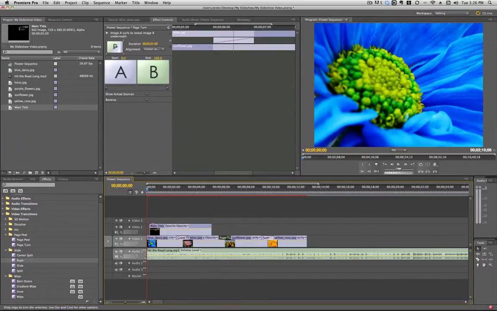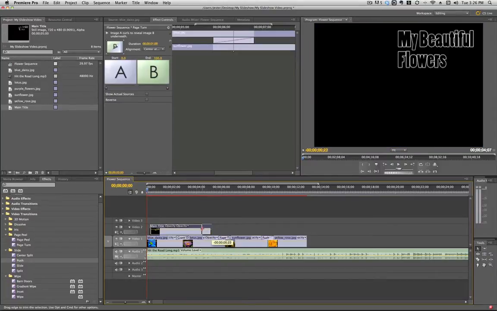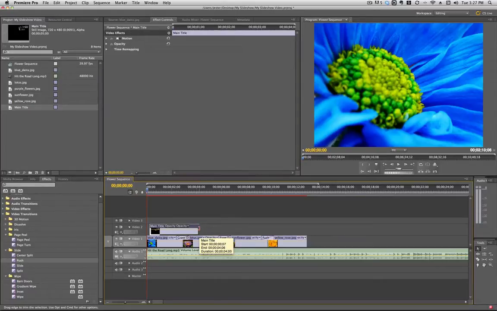If I want to make this whole thing a bit shorter, you can do this with any clip actually. If I hover my mouse over the end, it shows that the duration is 5 seconds, and that's the default. Well, I think that's a bit too long, so I'm going to shorten it a little bit, and you see that it shortens as I go, and now I've made it 1 second shorter. I can make it shorter again if I like, and you can line it up to wherever you want it to start and end. So now when I play my timeline,